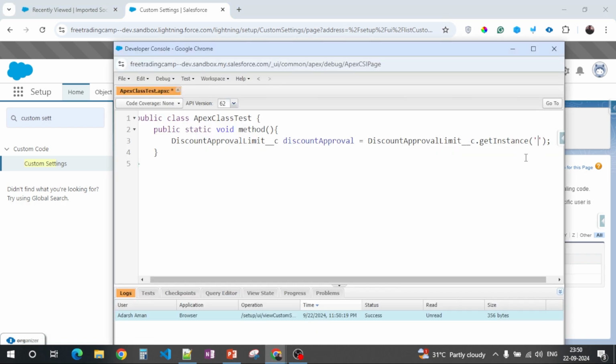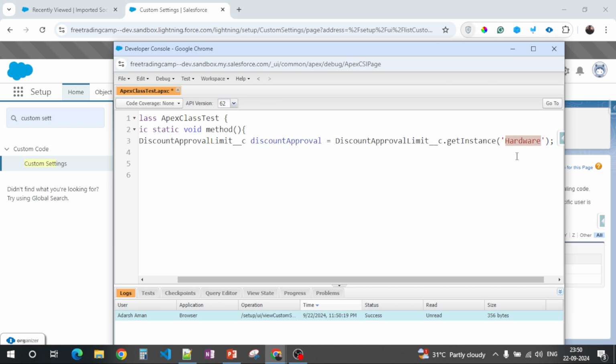So here we need to pass always the name value hardware, right? So once you have that, it will give you the values of all the fields present in this hardware record. So currently we have only one field which is max discount. So it will fetch all the details of the field as well.